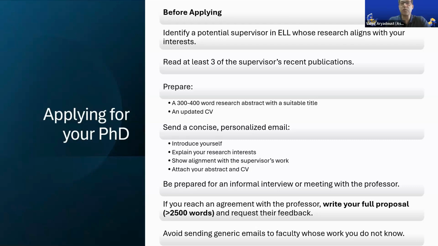So the first step I suggest would be to identify a potential supervisor in the English Language and Literature department whose research area aligns with your research area, which brings me to a very important point. I do not recommend that you send generic emails to faculties whose work you don't know. Therefore, before getting in touch with any faculty members, it would be important to read at least three of the supervisor's recent publications, so you will get a sense for the area of expertise of that professor, and then you make up your mind as to whether to reach out to that person or another person. If you decide that this supervisor is the right person to supervise you, they have got the